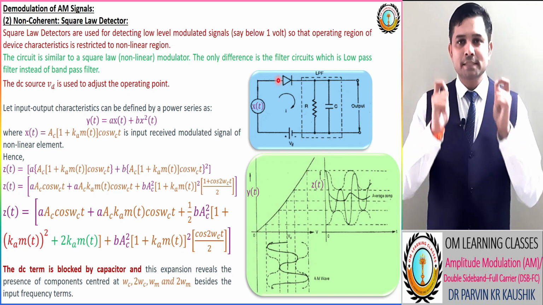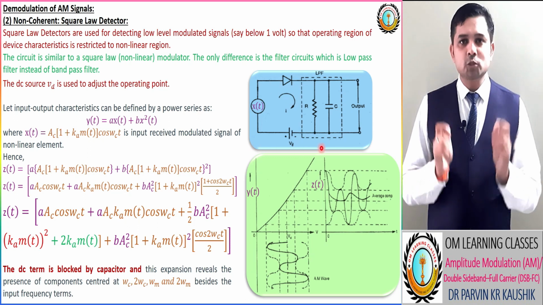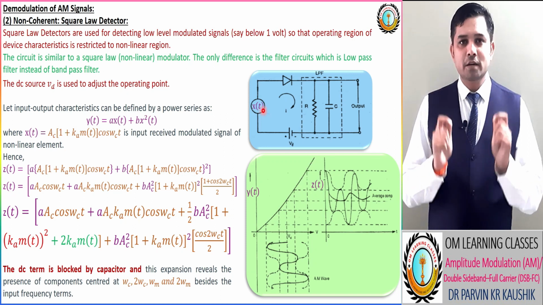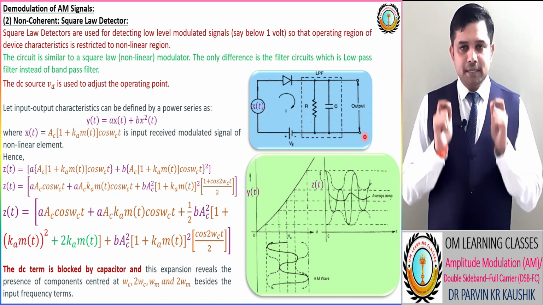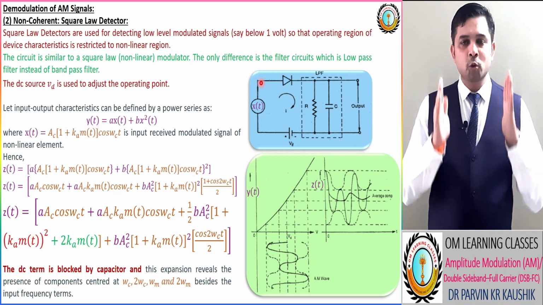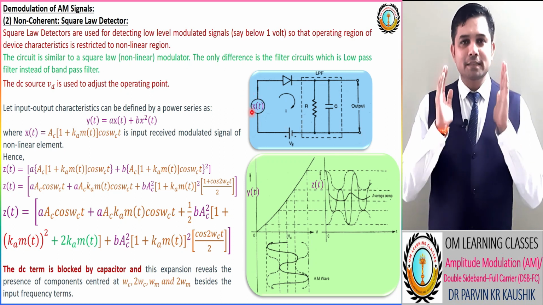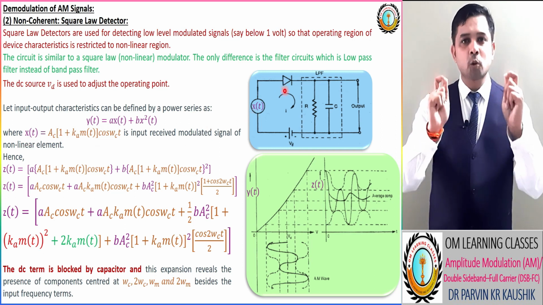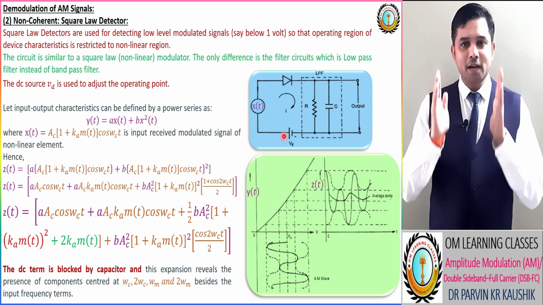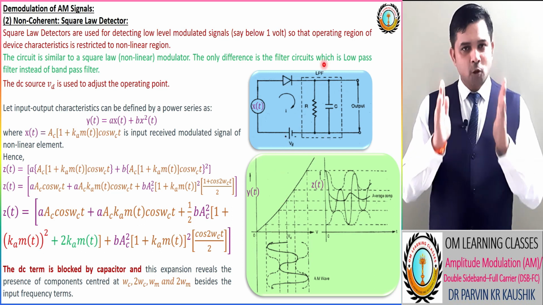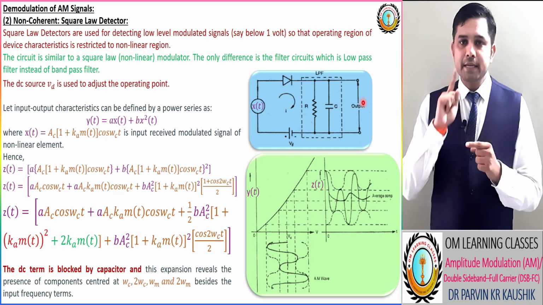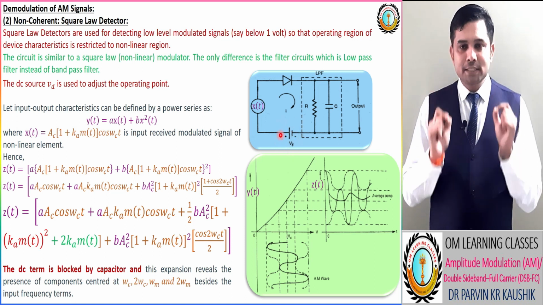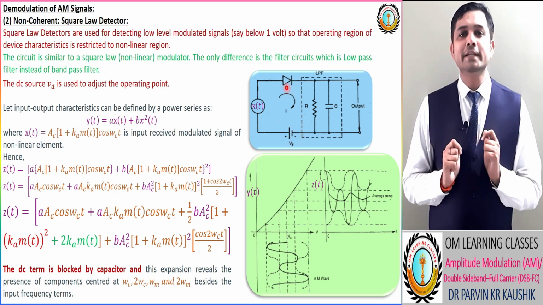So this scalar demodulator is also known as the non-linear demodulator, and the circuit diagram for this demodulator is shown in the figure. In this, we first receive our AM modulated signal. After that, there is a diode, and this diode is operated in the non-linear region. After this diode, we have a low pass filter, and from the low pass filter we get the output. Here in the diagram, the VD voltage source is utilized to adjust the operating point of the non-linear device.